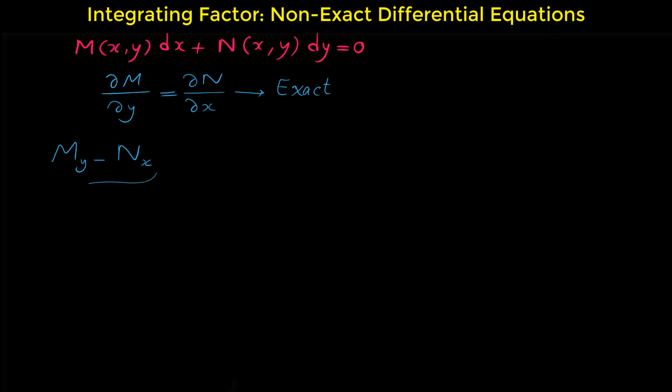Note that this difference is a non-zero expression, because if these two were equal to each other, then the differential equation would be an exact differential equation. So this difference is a non-zero function. If we divide this by N, note that N here is the coefficient, the function that is multiplied by dy, and we get a function of x, so if we suppose that this expression is a function of x,